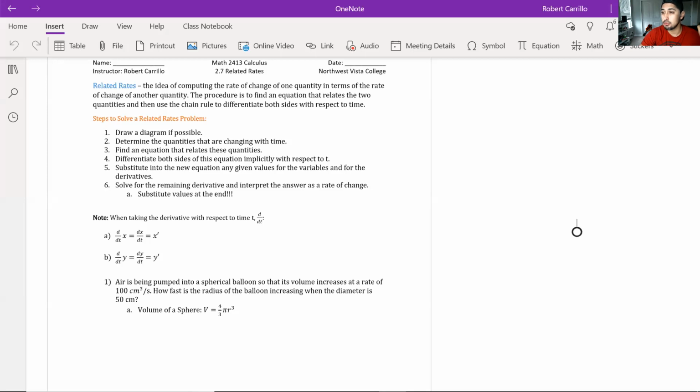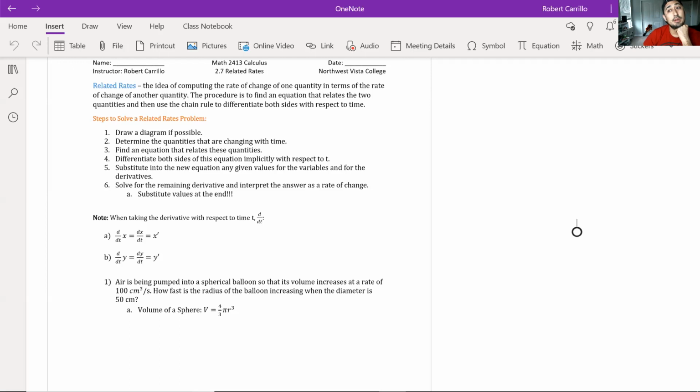So before we left for our double spring break, we learned implicit differentiation. So related rates, we'll use implicit differentiation. But this time we will implicitly derive with respect to time. So x and y are going to be certain quantities, and they are going to be differentiated with respect to